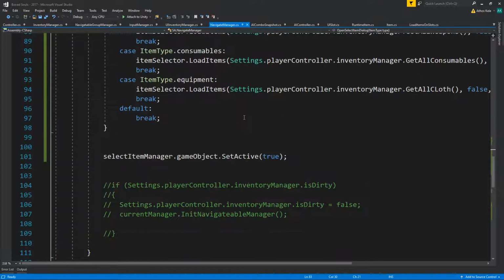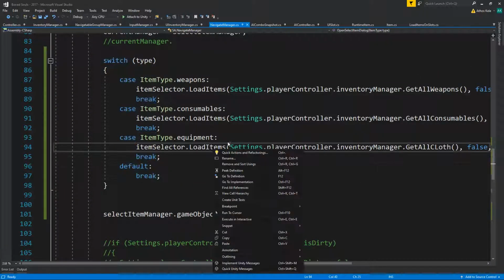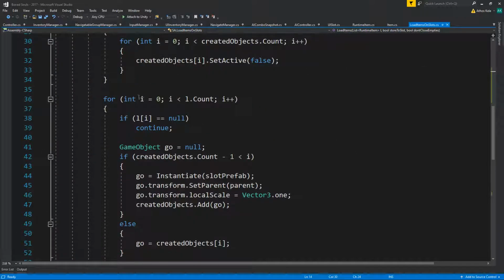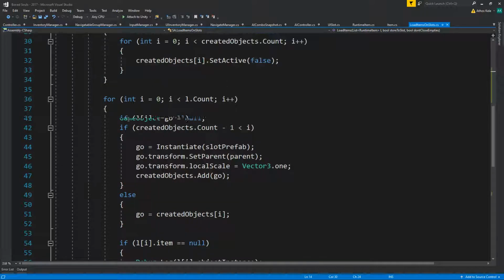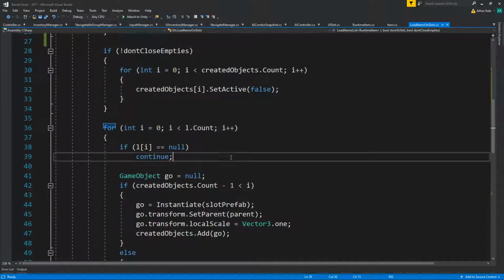Then you do load all the items, select item manager, game object set active. Then on the load items, for each created object you close the other objects. Then what's that? Stored slot, current slot, you load each item, but